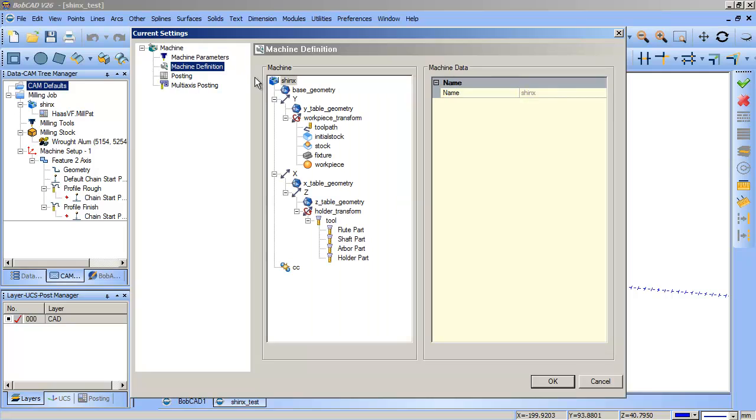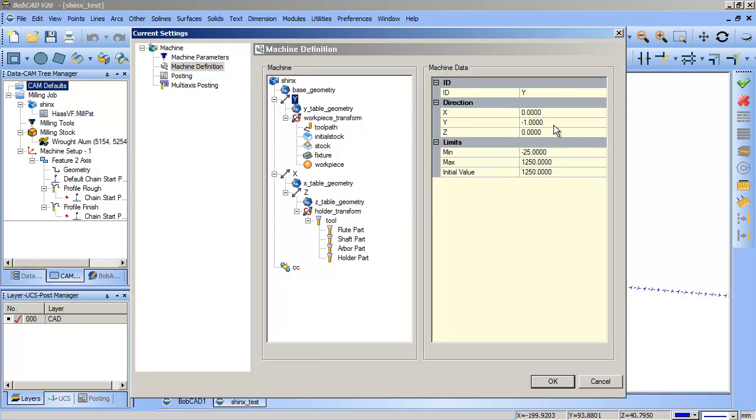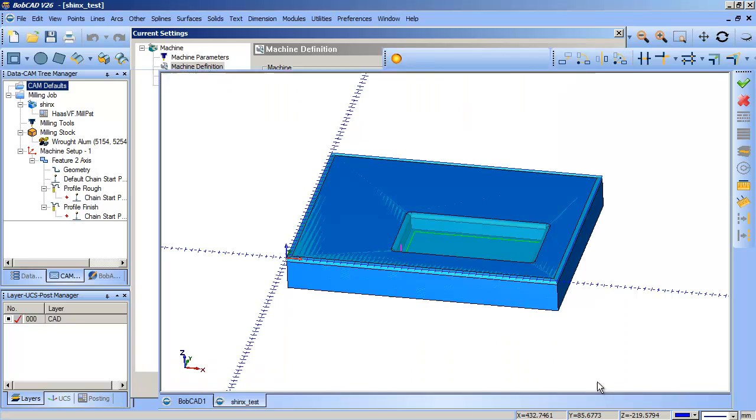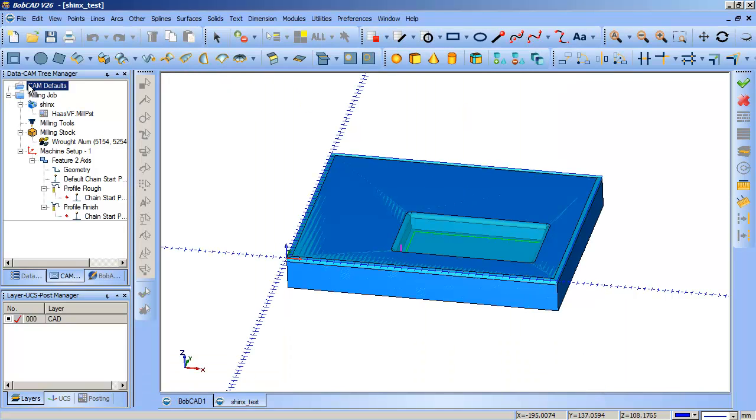So on your machine parameters, this was -1, and then I set these limits, and then the X, I did put a +1 because everything moved and simmed right, but the code was outputting negative X values. And I think that's what you said you didn't want. And then the Z is a positive value also. So just the Y is negative on this one, and then the X and Z are positive values. And so what that looks like is